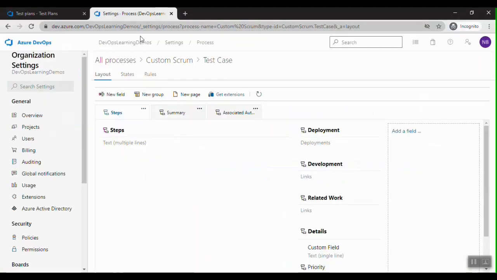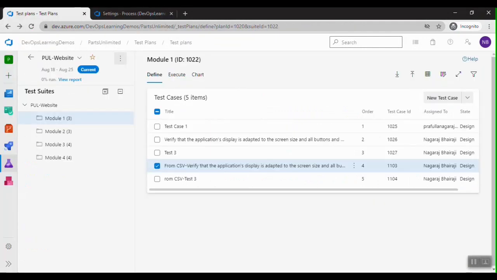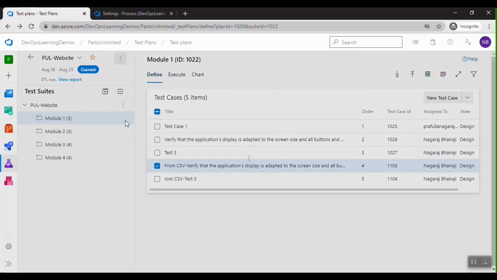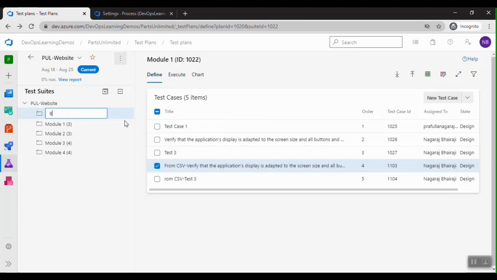Okay, if I see here, this is my custom scrum process template, and the test case work item, and this is the custom field which is created. Okay, so now let's upload this file and see. For that, let me create a different suite here and call it bulk suite,